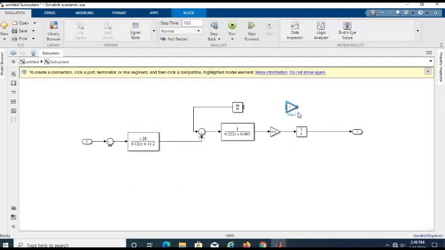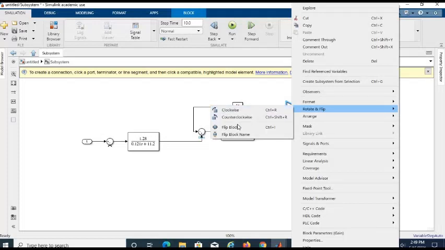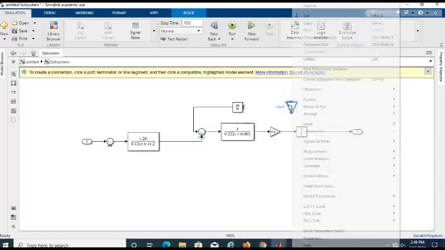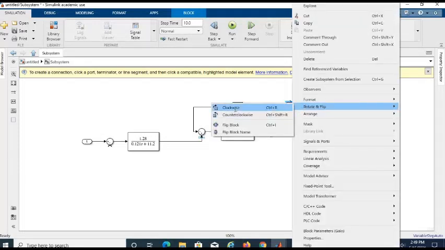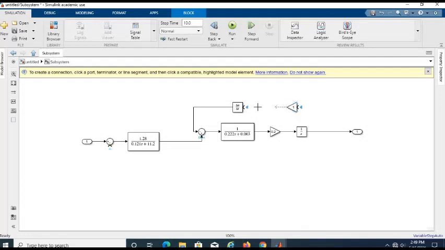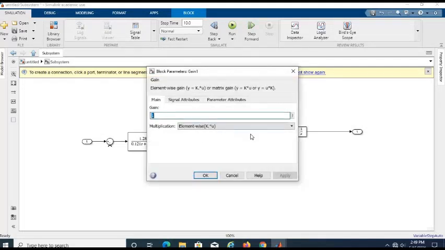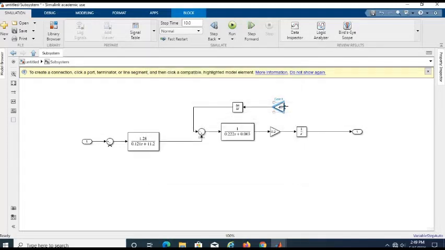Again we will also rotate. The value is 0.044 s. Okay, this is our system.